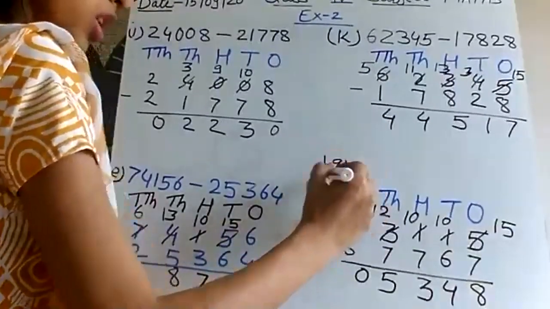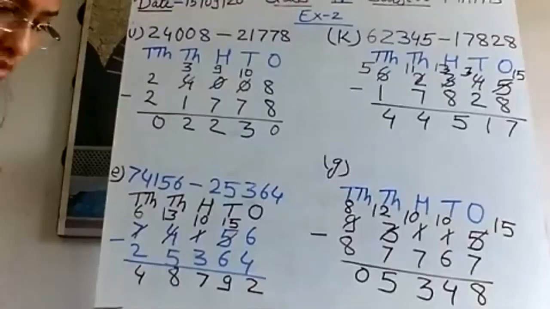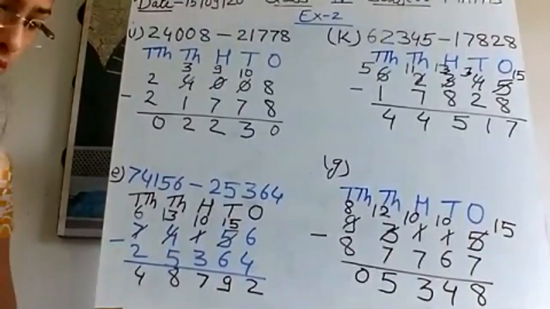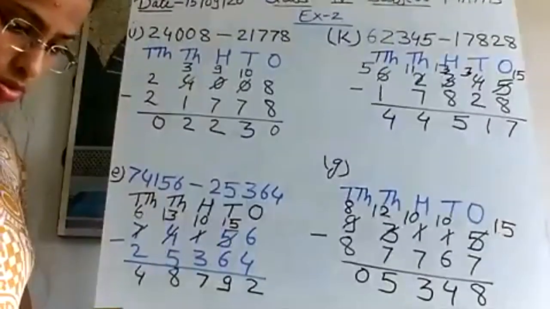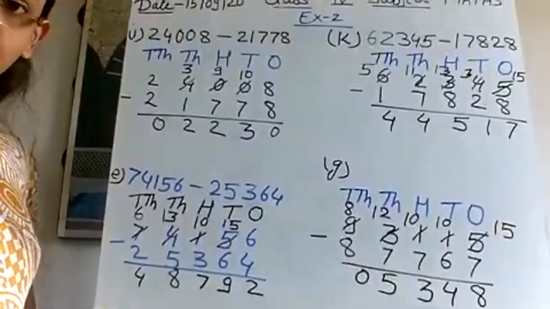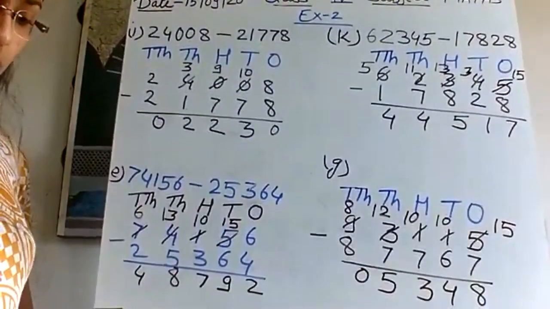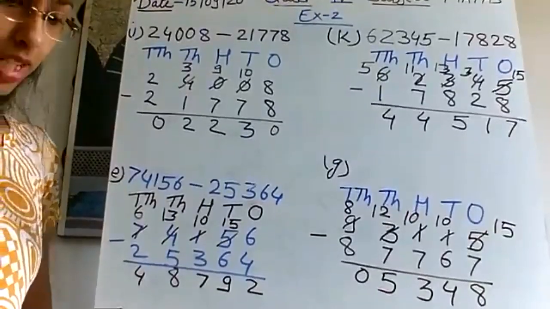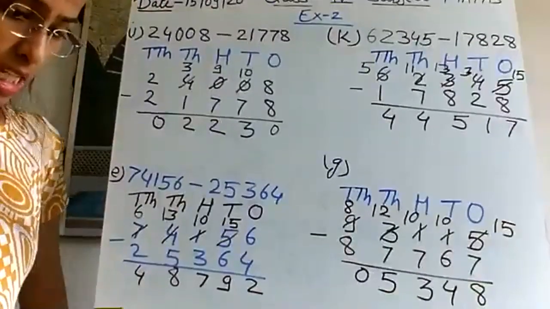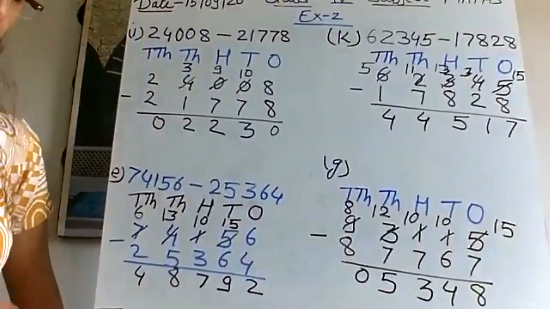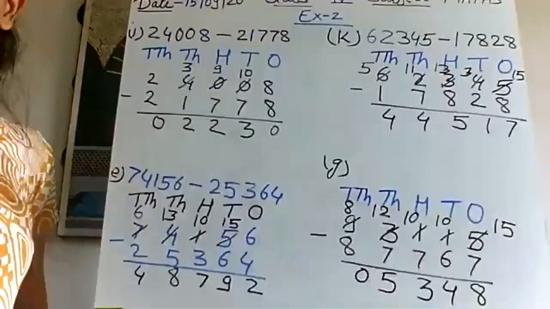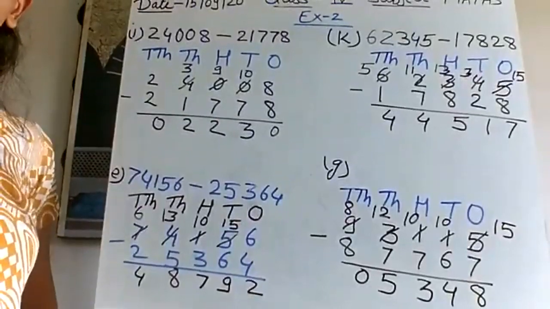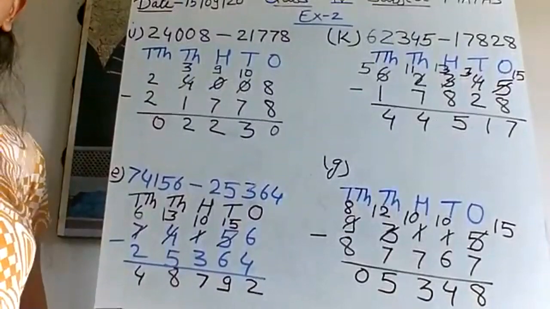This is your question number G. Question number 2 is complete. Remaining leftover question is your homework. Okay, that is question number B, D, F, H, J and L. Okay. It is for your practice and you have to write the questions in homework copy. Okay.